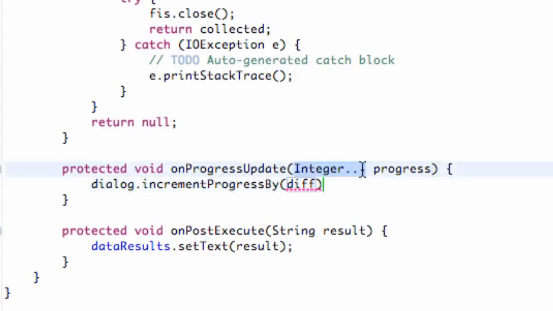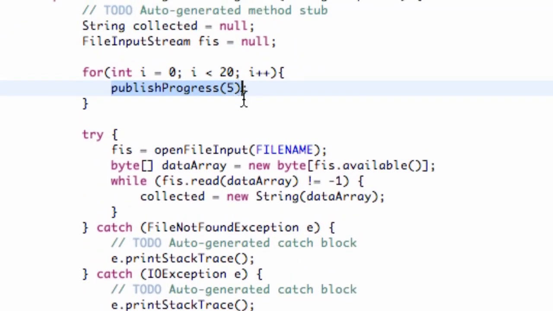And again, we're passing in an array, and you're like, what? We aren't. We're just passing in one number. How's that an integer array? Well, it still is classifying it as an array at the position 0. So our integer array we called progress here, and since it is an array, we have to have the boxes, and we're going to refer to position 0, which again is going to be that 5. So we're just going to update our dialog